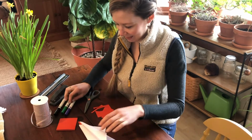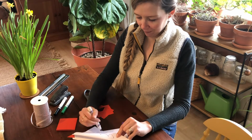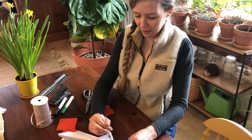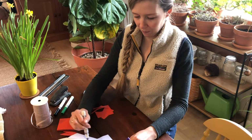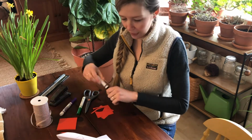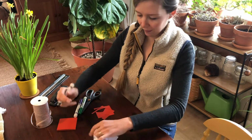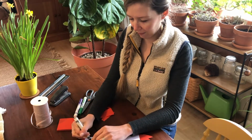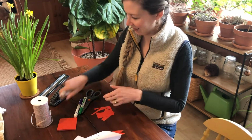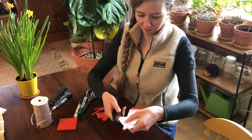And then you can add some designs to your wings if you want. And the other side. And of course, your bird is flying through the sky, so they need some eyes. Okay. Right, there's your bird. And then the last thing you want to do is take your 3-hole punch, hi Bella,